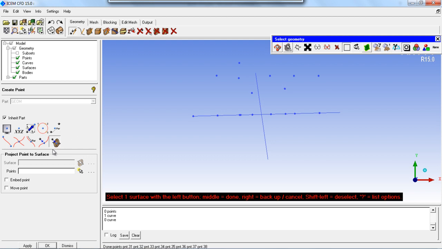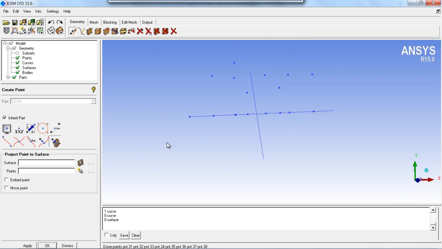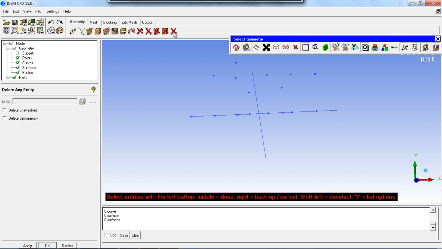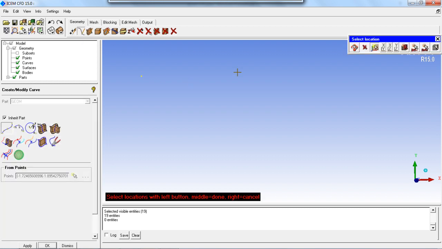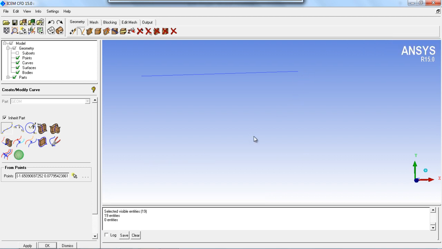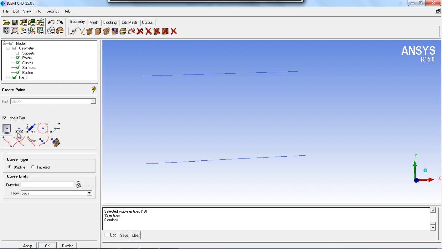Also, you can project the point on the surface. So let me create the surface first. First I am going to create the curves. Here, endpoints.